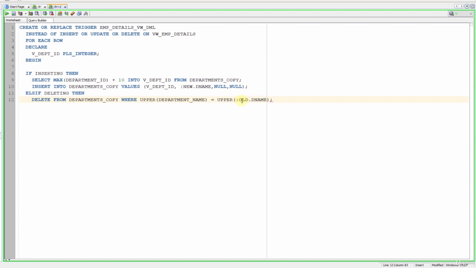Now we will write our updating predicate. But here I don't want the users to update any other columns than the department names. So I will use a column-based predicate first. Let's do it. Else if updating the column dname, then